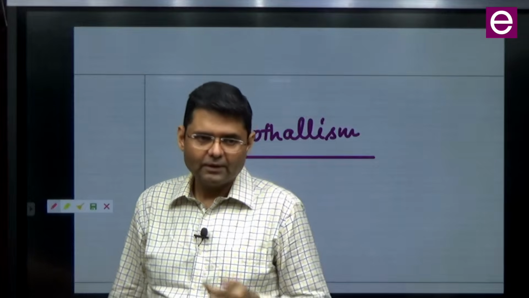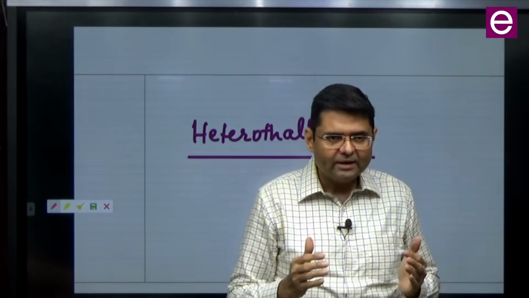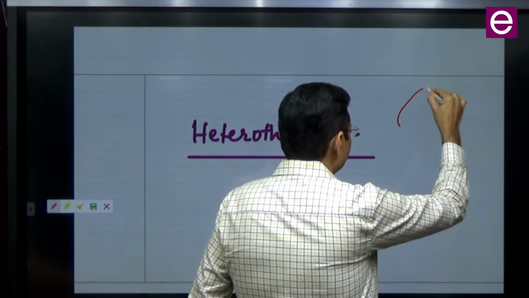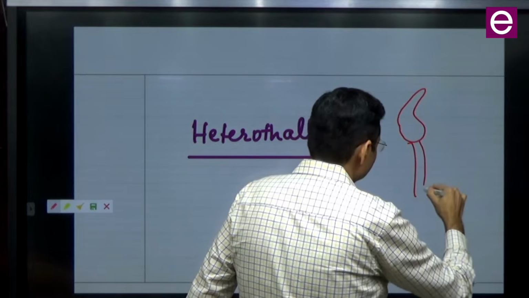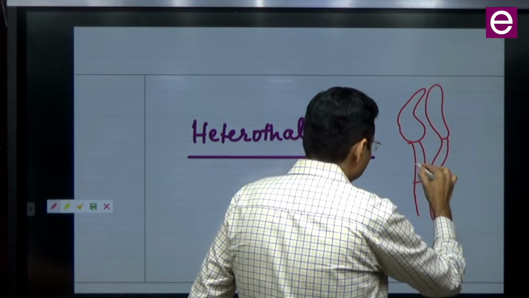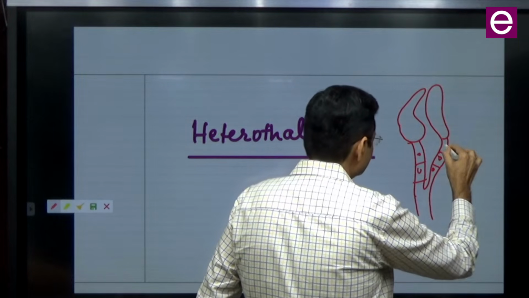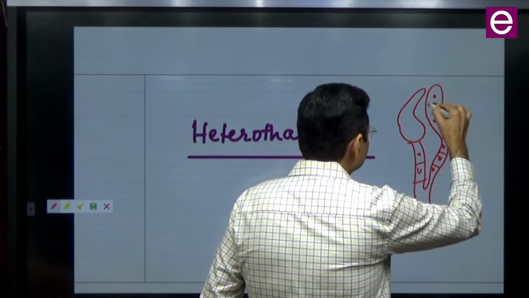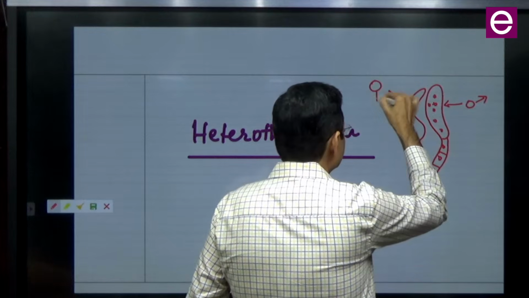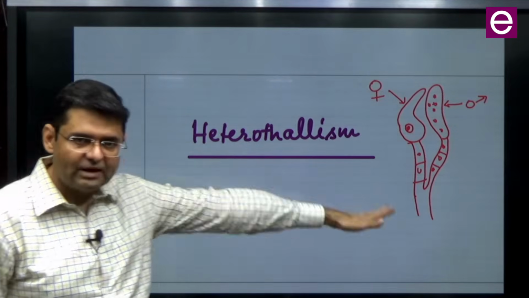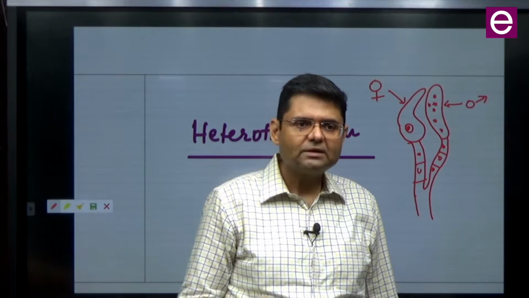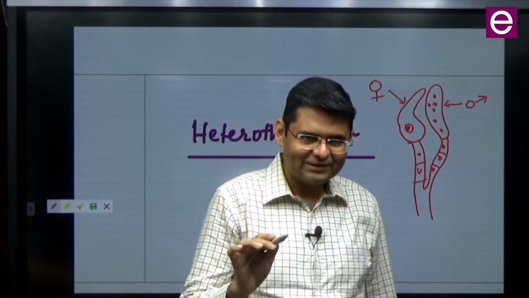Agreed? Okay. This is a type of sexual behavior where even though the reproductive structures are forming on the same thallus, okay? So what is this? This is antheridium. Well, what is this? This is ascogonium. Even though they are growing on the same thallus, if between them mating is not taking place, this is what? This is true heterothallism. Okay, this is true heterothallism.